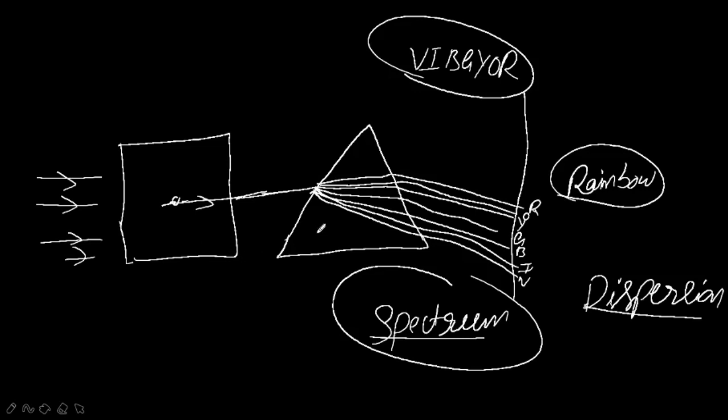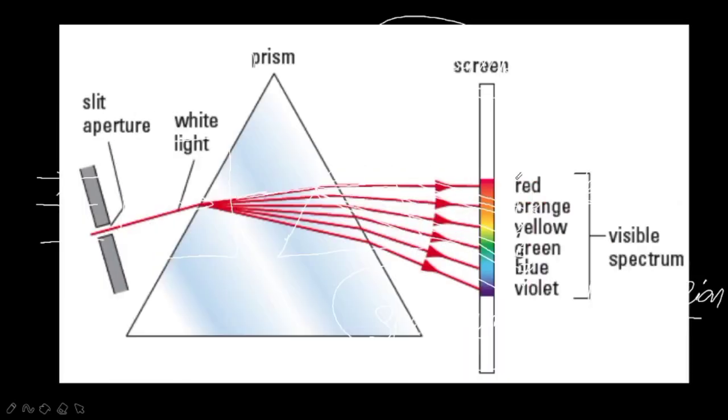So who did this activity actually? I think you can remember his name, that is Sir Isaac Newton. So he did this activity, and along with this he also tried one more activity, that is whatever VIBGYOR light, that was a different pattern he got, he tried to split these light further by using one more prism. So we will learn that later, but you just look into this picture.